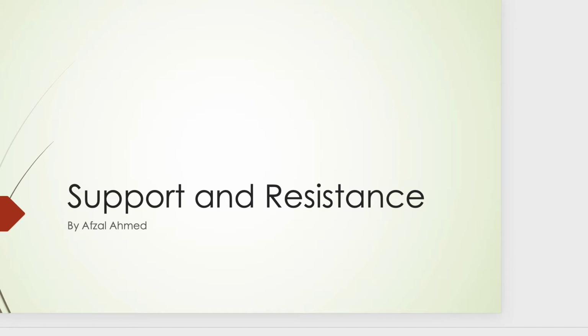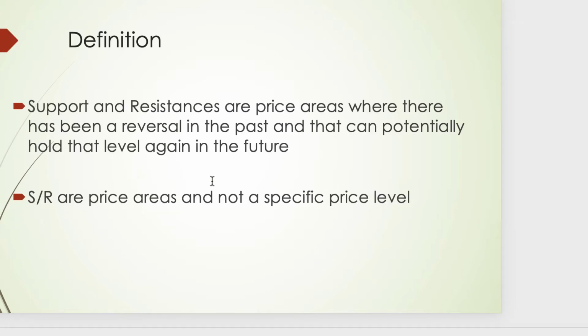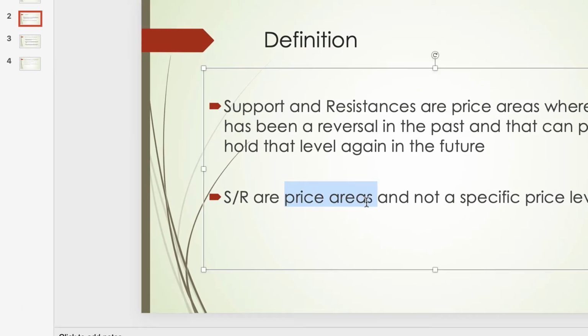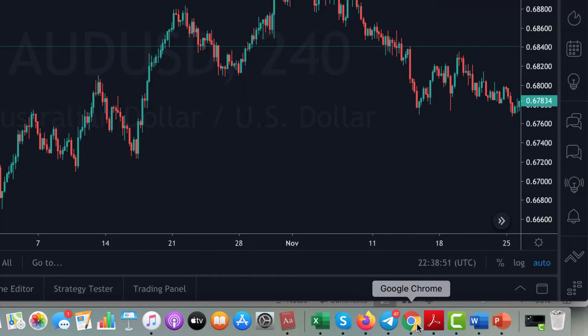So by definition, support and resistances are price areas where there has been a reversal in the past and that can potentially hold that level again in the future. Okay. And also support resistances are price areas, which is very important, and I'll explain that in a bit. And they are not a specific level. Okay, so let's go straight into our charts and figure out